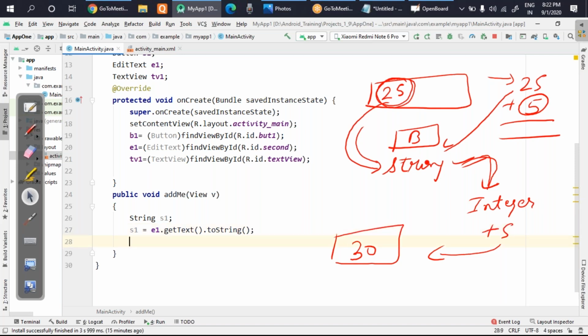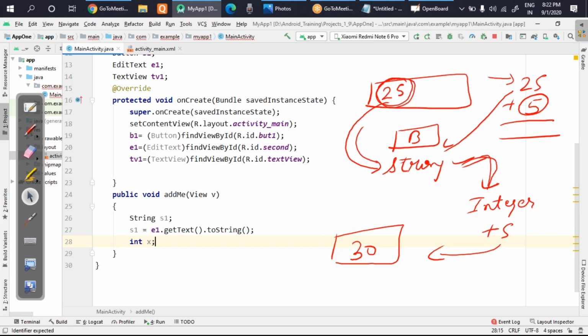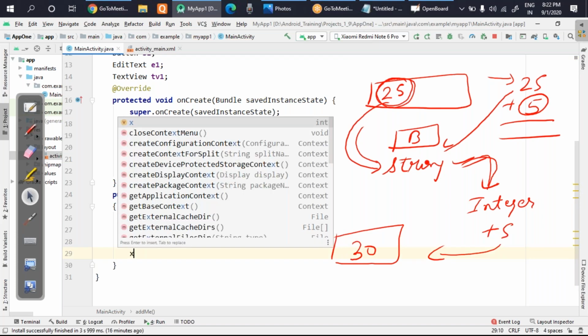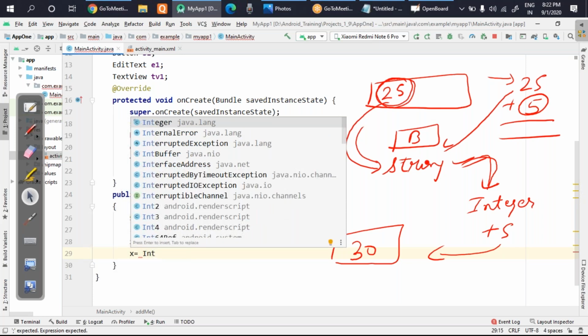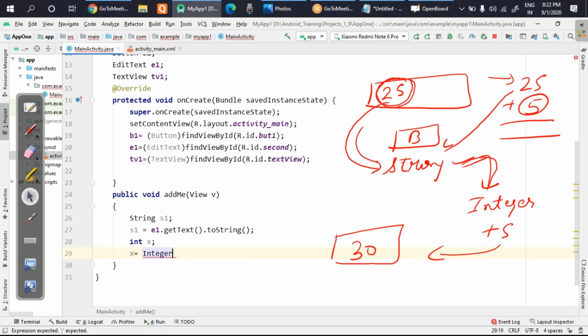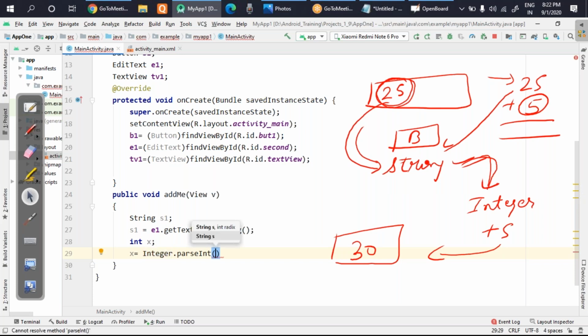Now what is step two? I have to store that in an integer, so I take one integer, let it be X. X is equal to Integer.parseInt. You might have studied Integer.parseInt.